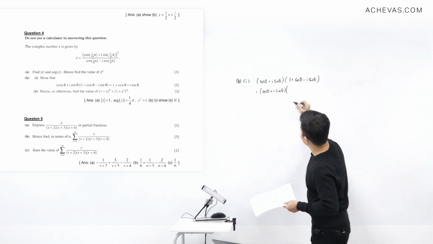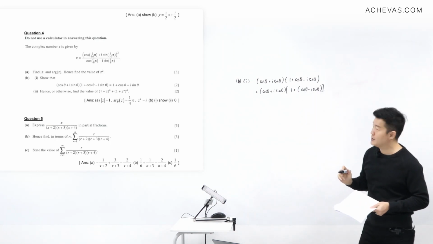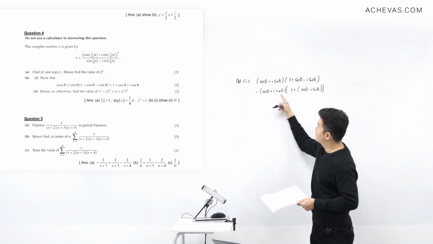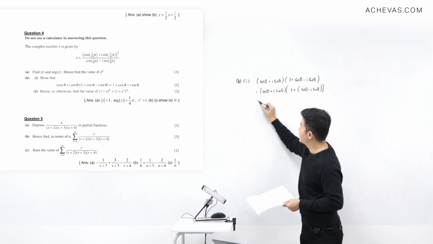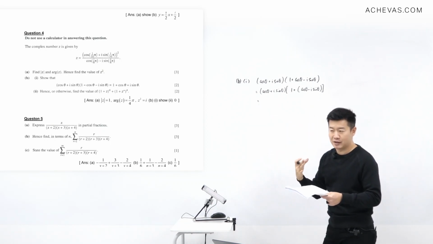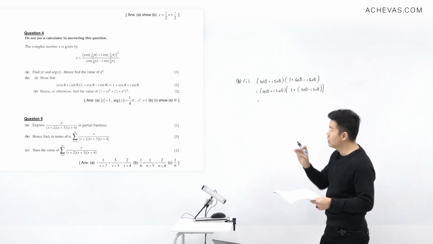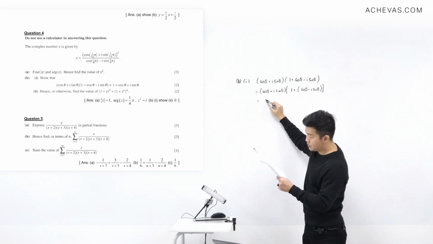As for this, I'm going to rewrite it as 1 plus, grouping this together, cosine theta minus i sine theta. The reason is that I see this as A plus B and this as A minus B. So the expansion will be a bit simpler if you come up with a bit of strategy, so that I can take this multiplied by 1,